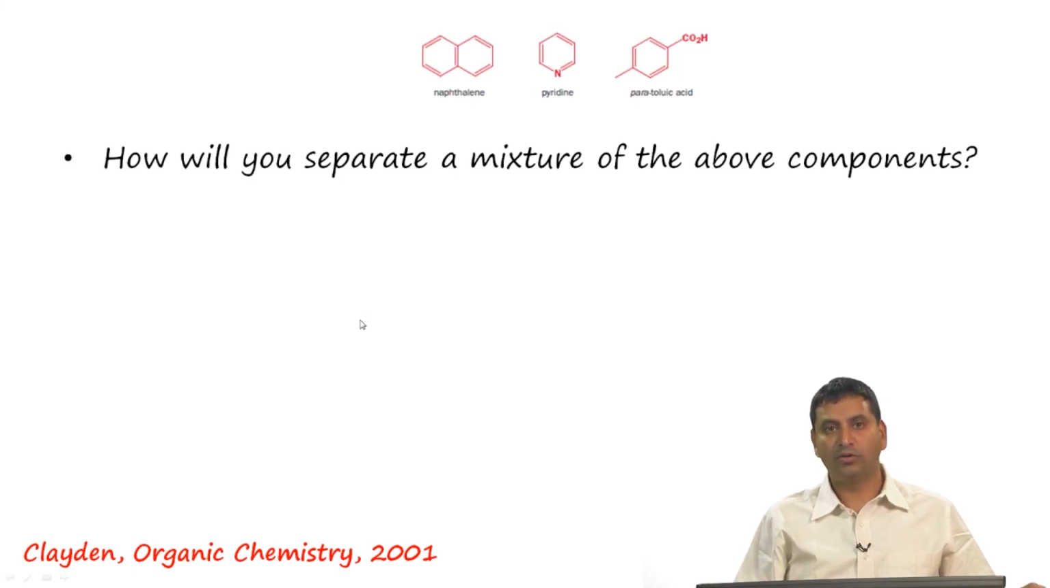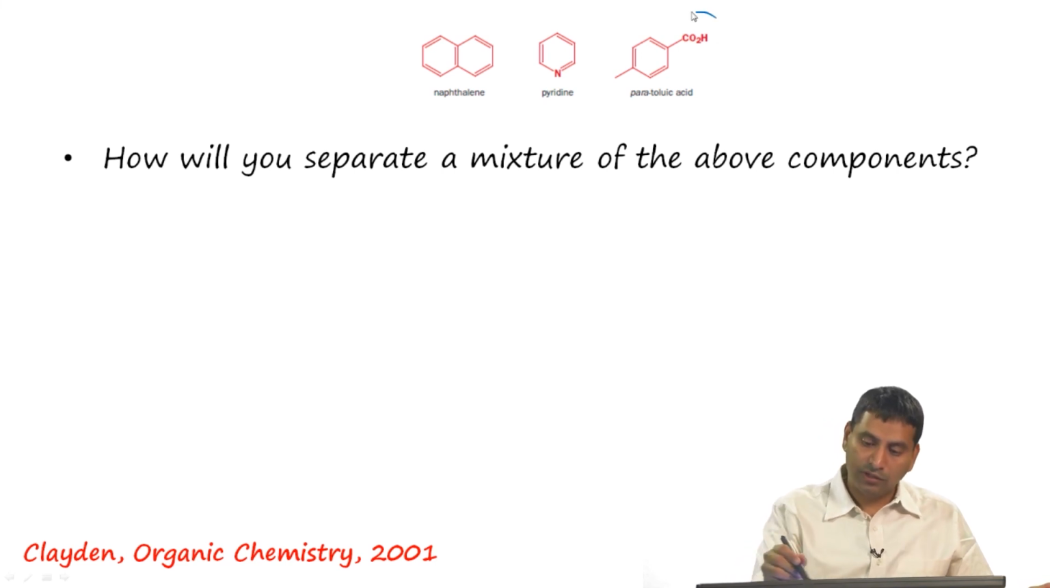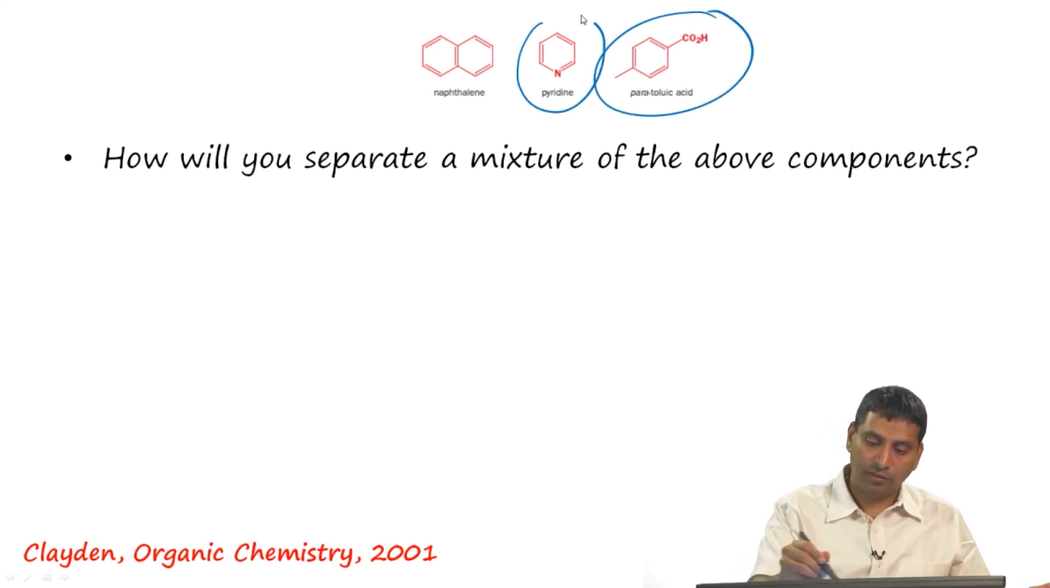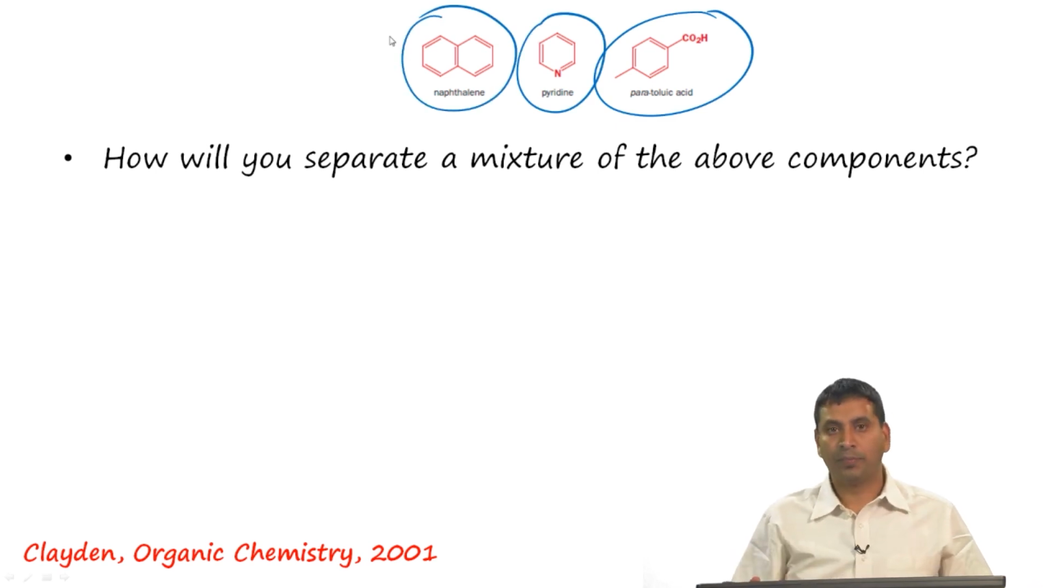Next question is, how will you separate a mixture of the above components, that is naphthalene, pyridine and paratoluic acid. If you want to do this, let us again look at the functional groups here. This has an acid, this has a base, albeit not a very strong base, and it has a neutral molecule. So, if you have a mixture of these three components, the best way to do this would be to first